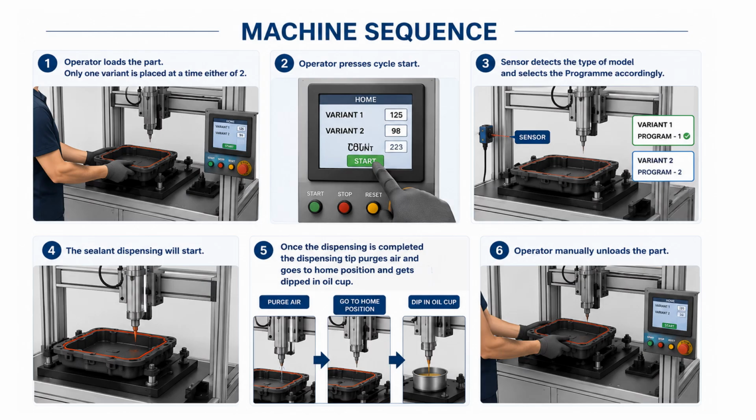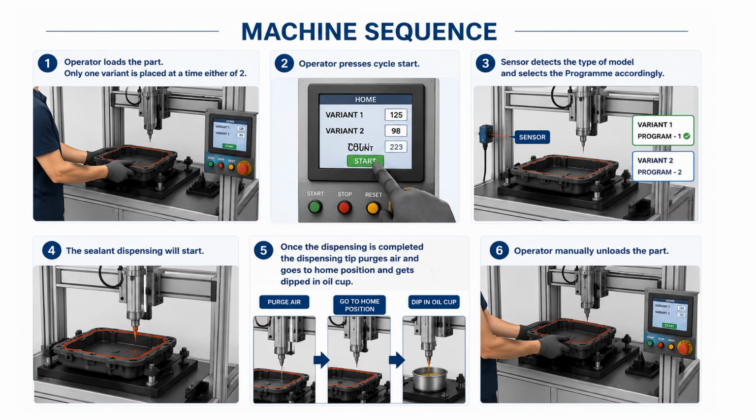Now the machine sequence, how you want to design the machine. For that, it is important that you break down the processes, which will give you clarity on where to start. As the requirements are given by the customer, we can decide the machine sequence. So this is the start.